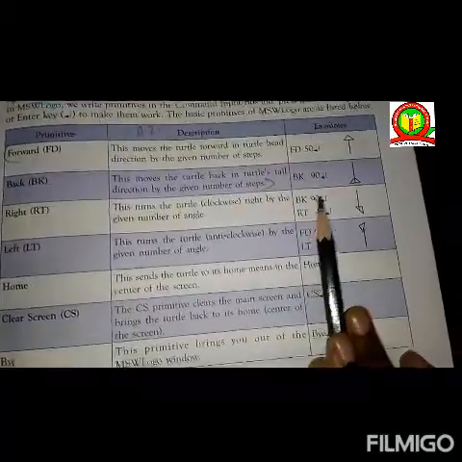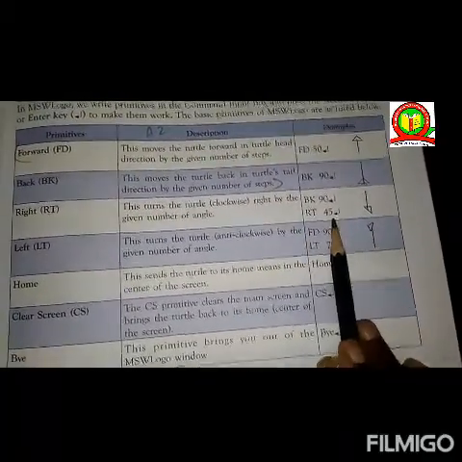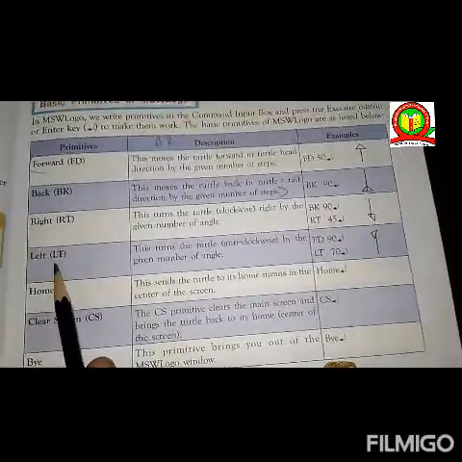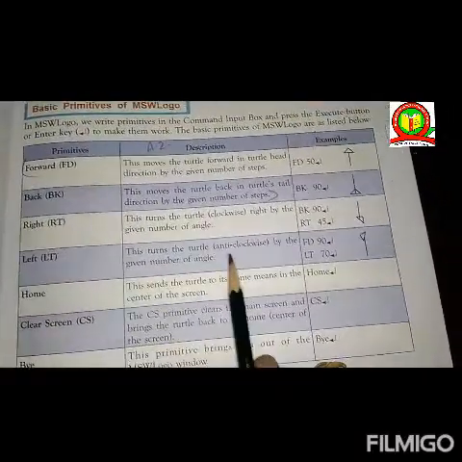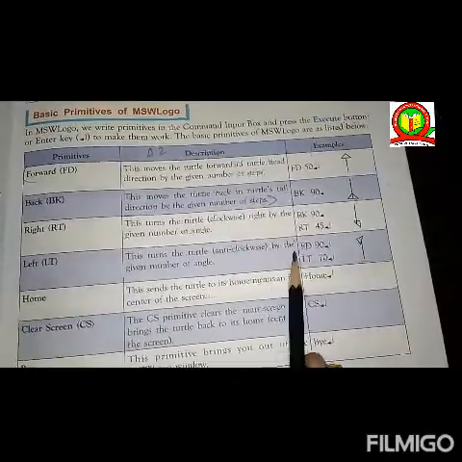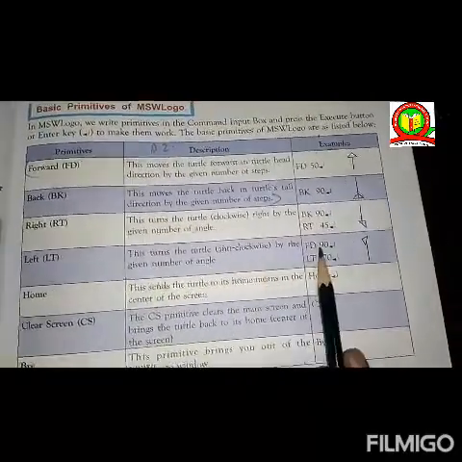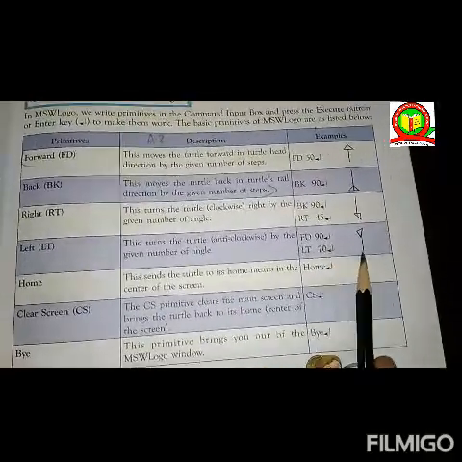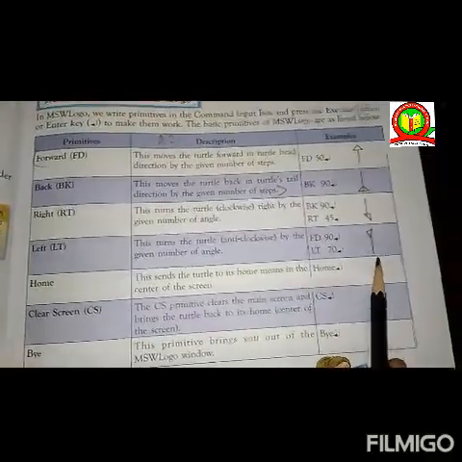That is RT 45, enter. Left, that is LT. This turns the turtle anti-clockwise by the given angle. That is FD 90, enter. LT 70, enter. Like this, the turtle will appear.